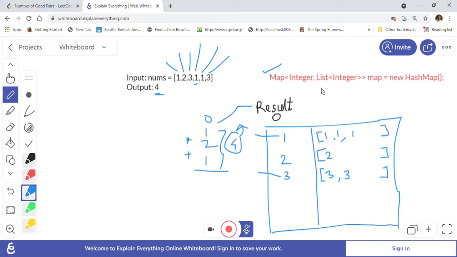And to further improve a little bit on the space side, right, we are right now using a list of integers. So instead of that, we will just use an integer in the second approach.